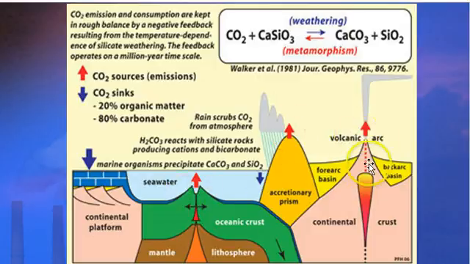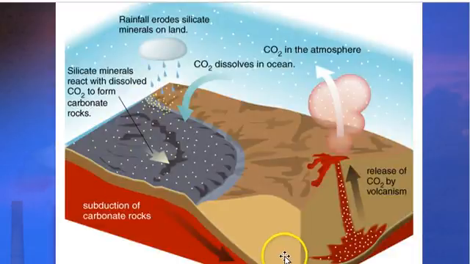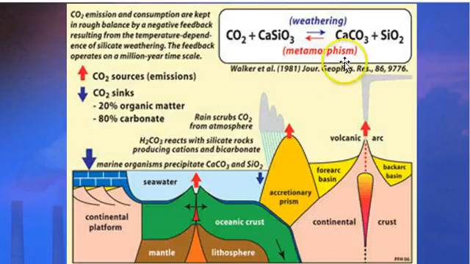So you can see the sources are basically coming from underground in this case, and it shows you all the sinks, all the places where the carbon's being taken back in. So it's being taken back in to the oceans, it's being taken back in when these organisms form their shells. And it also shows you here the two major reactions that are going on. So when they go in one direction here, this is really the weathering process, the breaking down of rocks. And then when we talked about how the rock will sink back in and form magma again, that part is really the metamorphism part. And we'll come back to the rock cycle later, but everything's being pressed down on and melting and mixing back together.